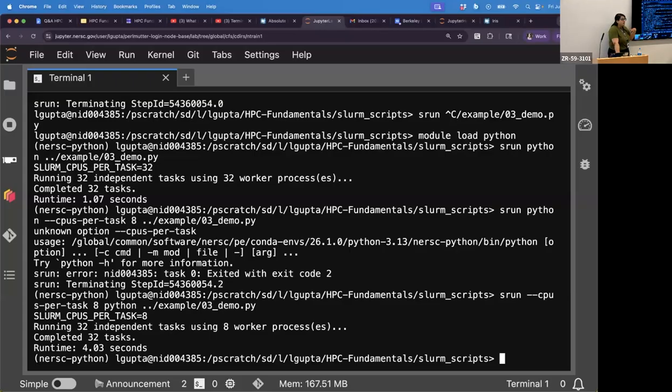4 seconds. Now, this is a simple example, that's kind of what it's meant to be. It's not meant to be like, I could wait 32 seconds, that's not a big deal. But when it's 2 days, I might be like, how can I make this 6 hours, 8 hours, something like